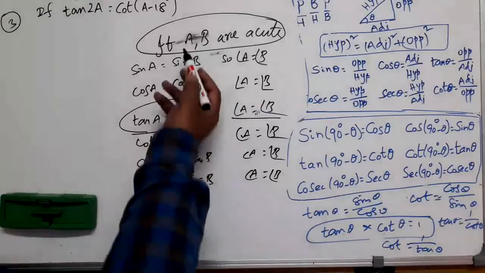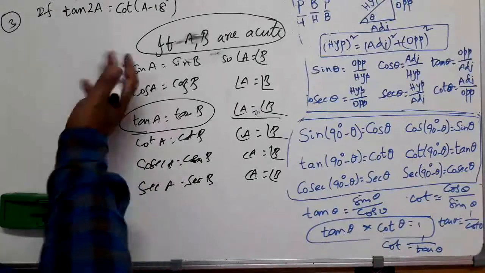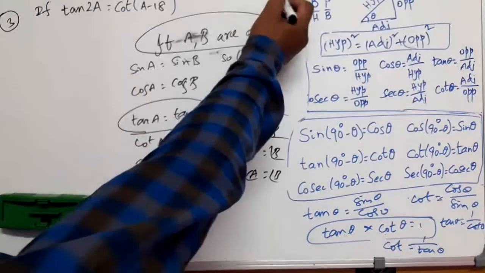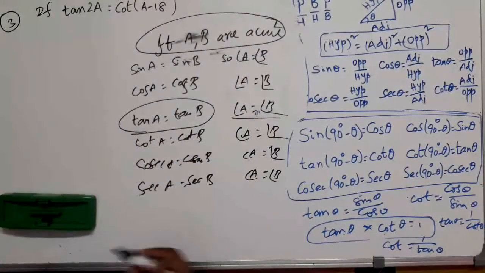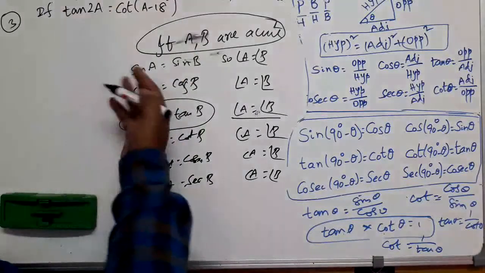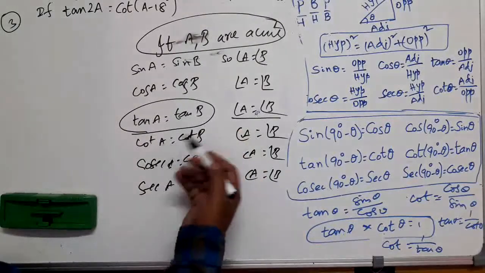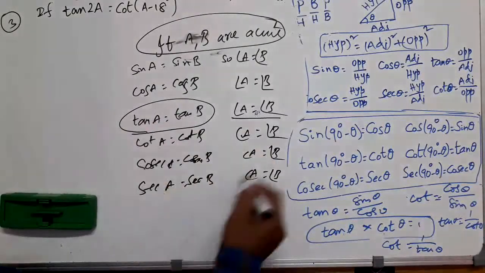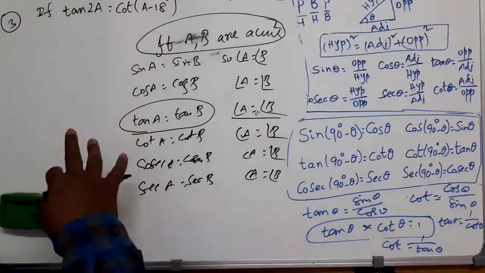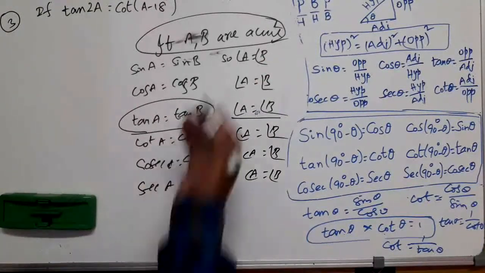For that, what should be the condition? A and B should be acute angles. The question will be framed like that only. See, in this case, what is mentioned? 2A is acute in this particular question. That is mentioned because on further simplification, at one stage you will be in a position to use one of these formulae, one of these conditions. In that case, the angles involved should be acute angles. That's why he has given you this.